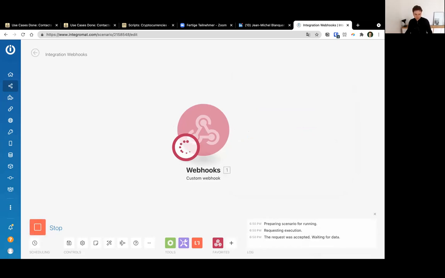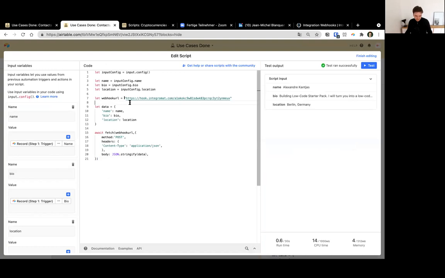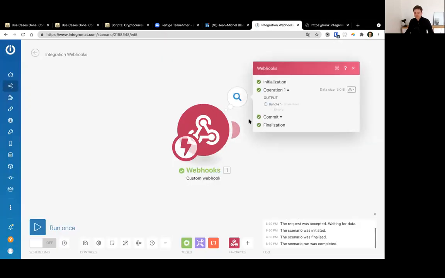For instance, I can do it from the browser at first. If you want to call a webhook without any Airtable or whatever, you can also do this. I call the webhook, then Integromat received here the call I just made. Which is one way. You could already just use in your script await fetch with the webhook URL, and then it triggers your scenario. What I want to show you, which is a bit more interesting, is you can also pass data,